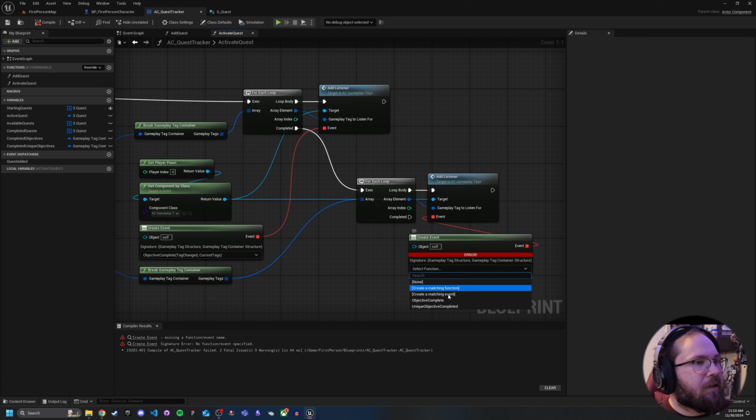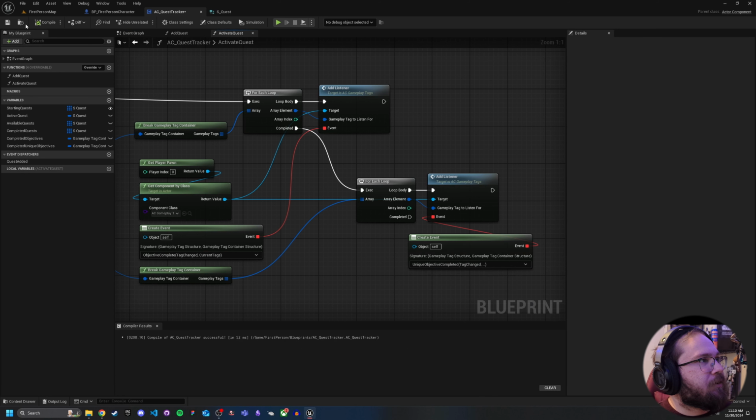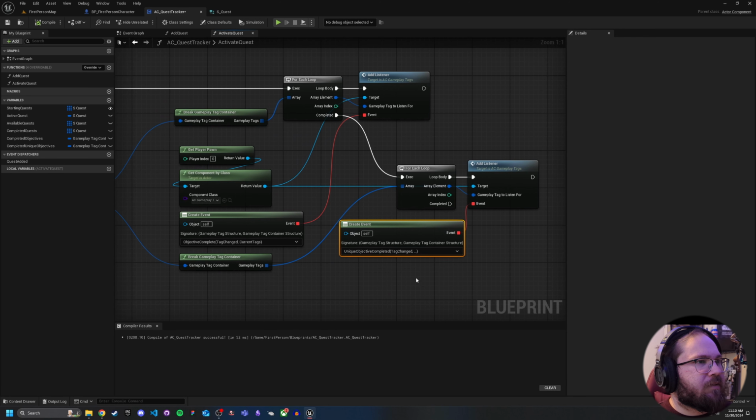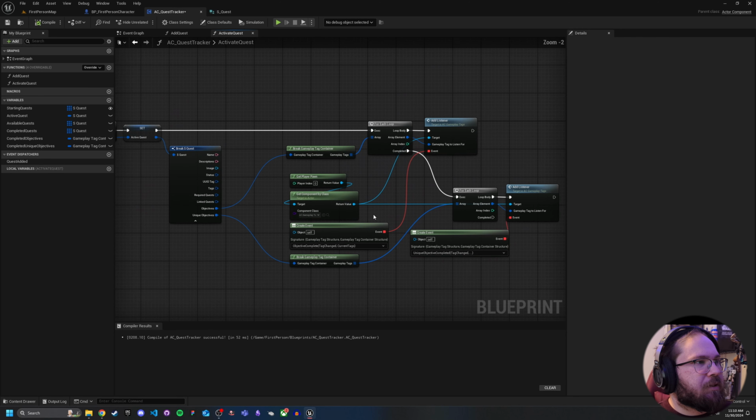Now, if we come back here, that should let us select it here. Yep. It just has to match the signature. All right. So as you can see here, we've now set it up so that initially we come in and we